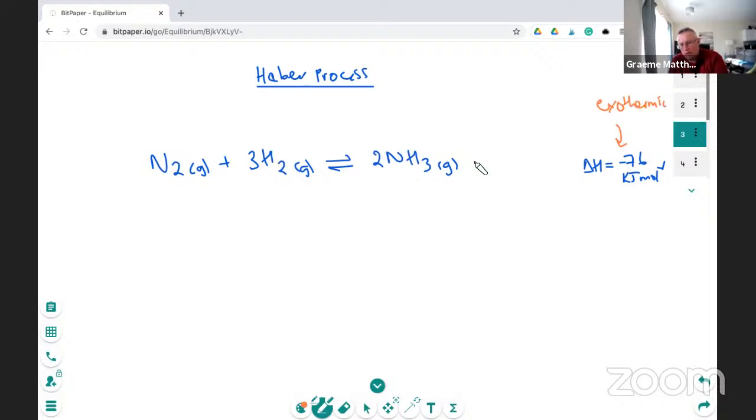I would put my enthalpy symbol on the right-hand side because exothermic means that you're producing heat. So I tend to think about it as being a product. It's going to be on the right-hand side. The converse would be if this was endothermic: you're putting heat in, so think of it as a reactant and put it on the left-hand side. But anyway,